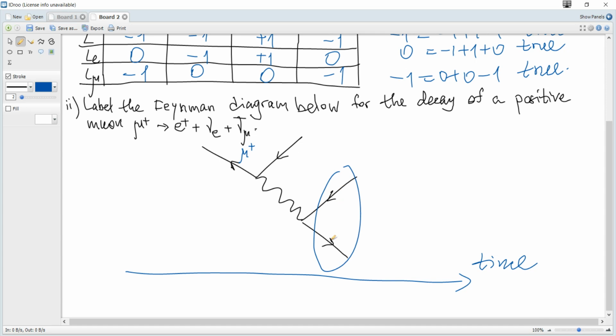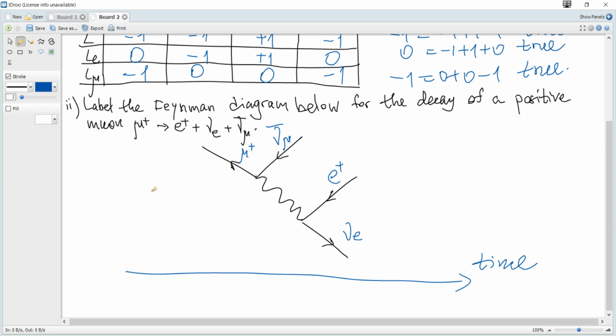So here must be a neutrino because it's a particle, and here is a positron because it's an antiparticle, and here is an antiparticle, which is a muon antineutrino. And we also need to find the exchange particle